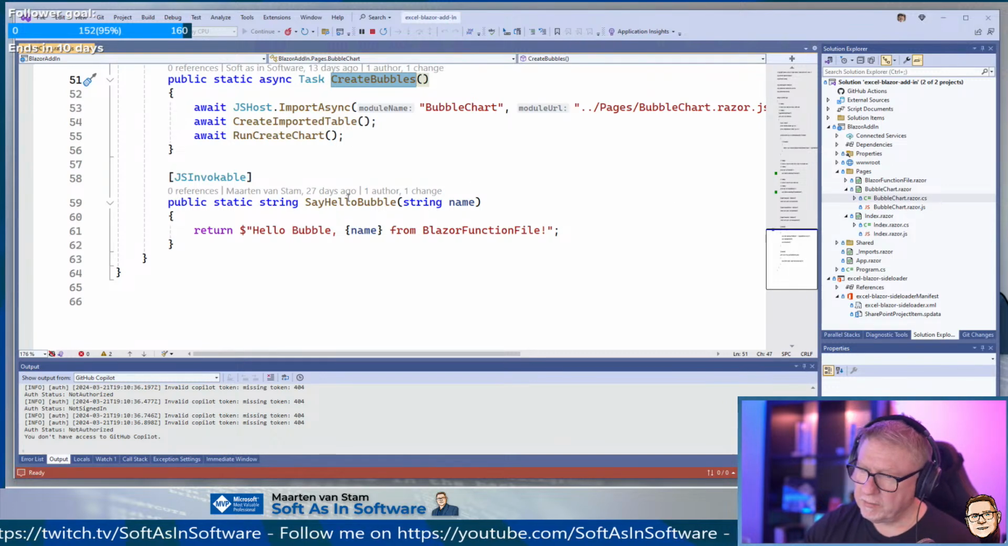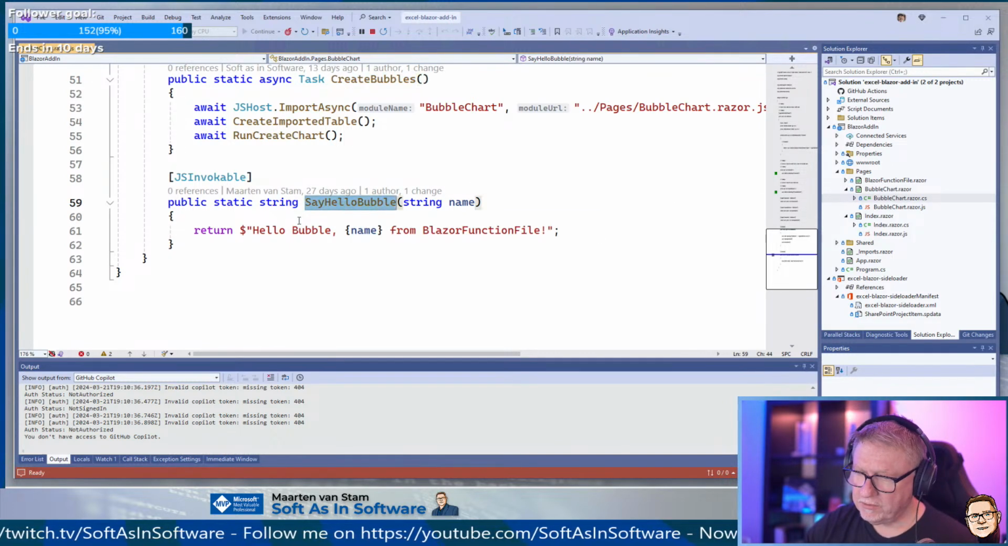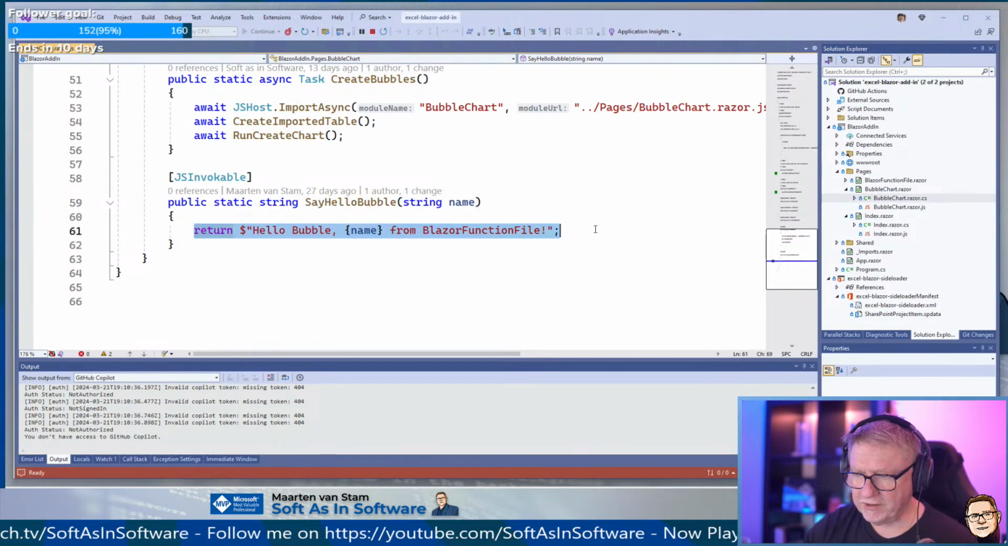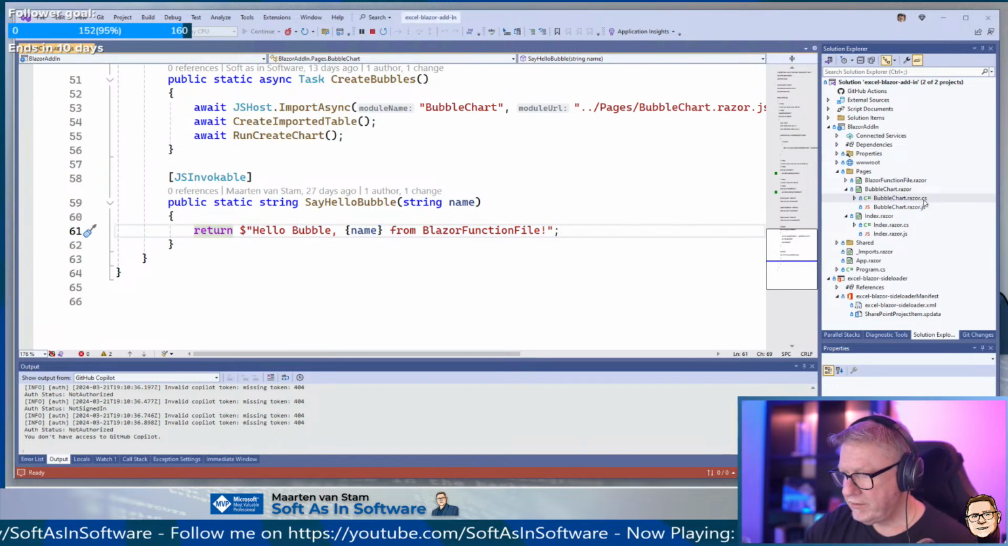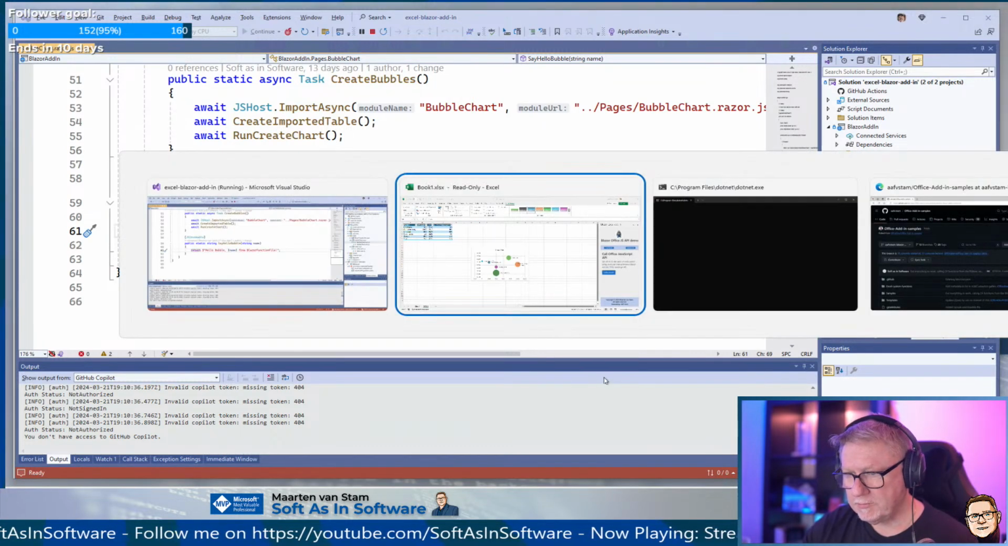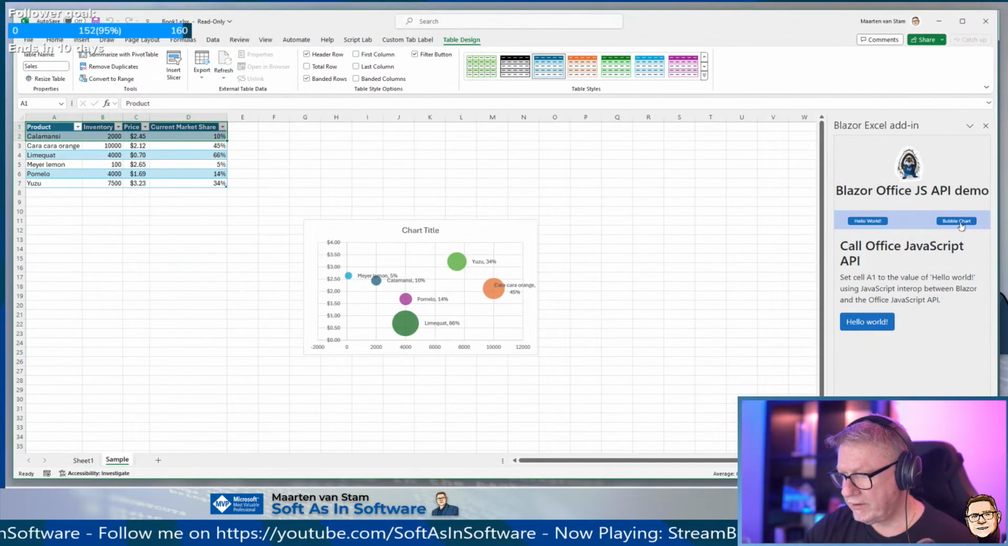So if I click the bubble, say hello, that puts text in there. If you run like the bubble chart,